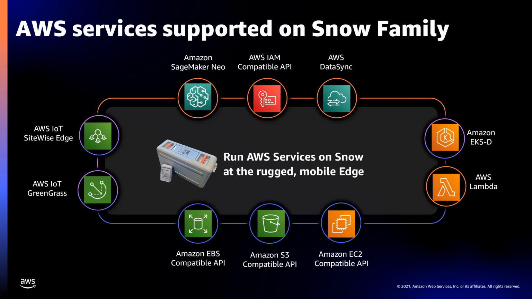But you can also do things on the Snowball device directly. So first of all, especially for Snowball Edge Compute Optimized, you can spin up EC2 instances that allow you to run applications on the Snowball devices. It also integrates with our IoT services, so it allows you to collect data off of IoT sensors. It allows you to run things like AWS Lambda functions. Lambda is a container-based service that allows you to just bring your code and run functions on it. As well, you can do container platforms and then also run things like AWS DataSync that allows you to take data and then sync it to the cloud directly from the Snowball Edge.